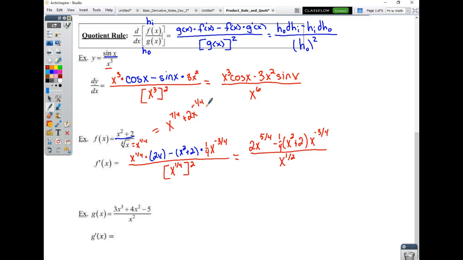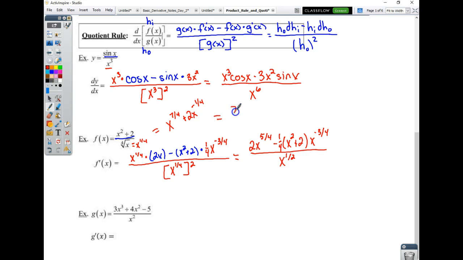I don't have to use the quotient rule anymore. I just turned it into a power rule problem. That's something I want to instill in all of you. There's a lot of people who force the quotient rule when they don't have to. Now, just real quick, if I use the power